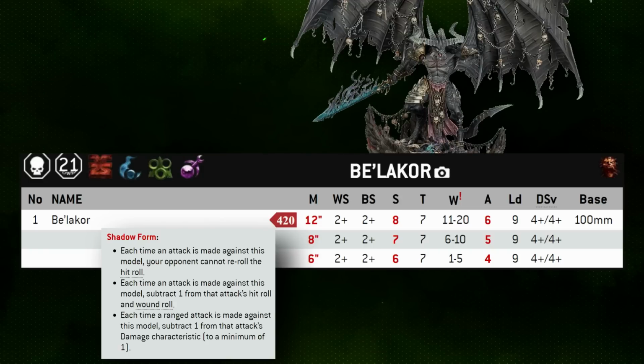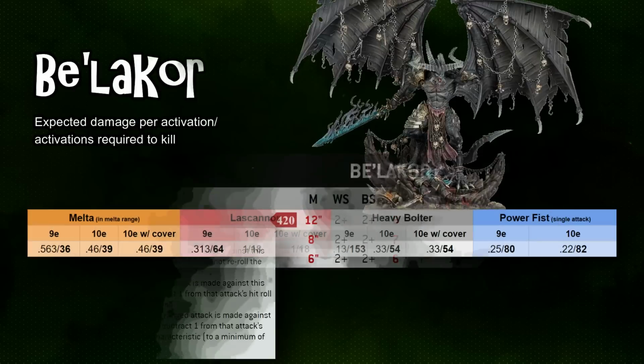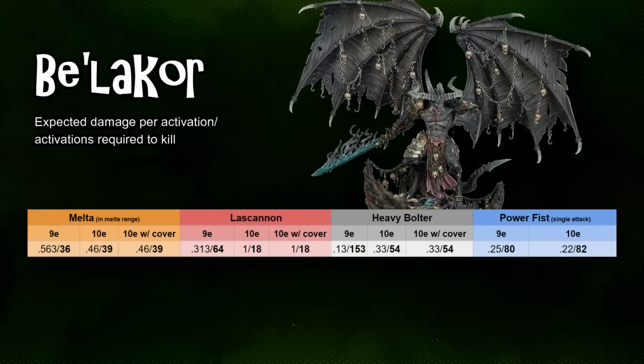He was -1 to be hit, -1 to be wounded permanently, couldn't be rerolled against, and had -1 damage against ranged attacks. That made all the ranged weapons we're talking about today much worse at killing him. So the Melta weapons, for example, took 36 converted attacks to kill Be'lakor, their high AP value entirely ignored by his demonic invulnerability. Because Melta weapons had a high strength versus his toughness value in 9th edition, he actually is